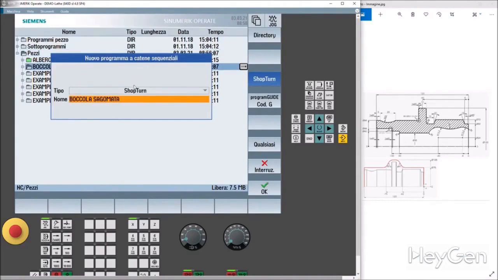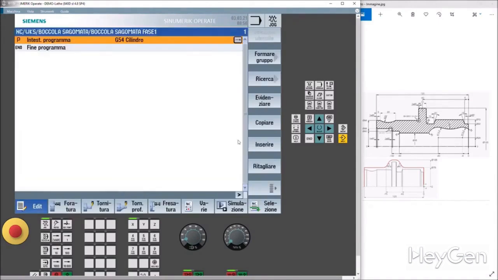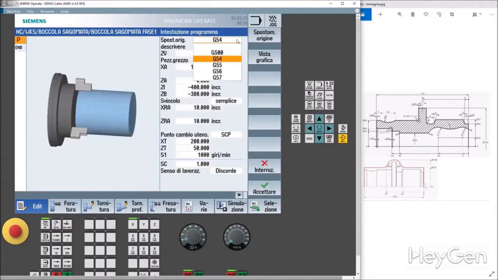And here, let's already indicate phase 1, since we will have 2 machining phases. We give it the OK. And he, as always, asks us, which is perfect, and it takes us to